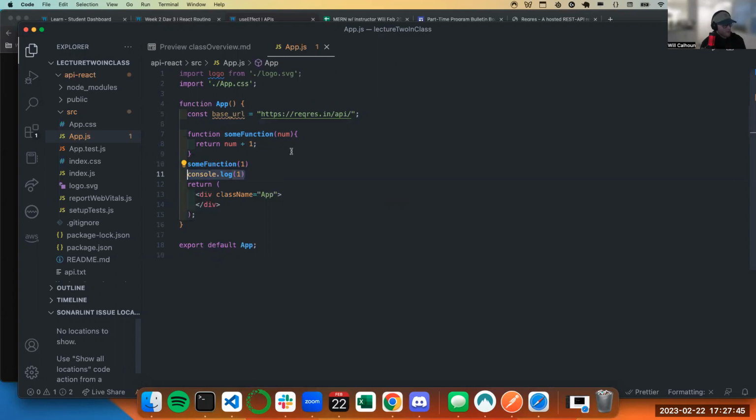What useEffect allows, and what asynchronous code allows, because there are other ways we can do it as well that maybe we'll touch on tomorrow using async and await, is this: if I were to create this as an asynchronous function, I want these to run concurrently.